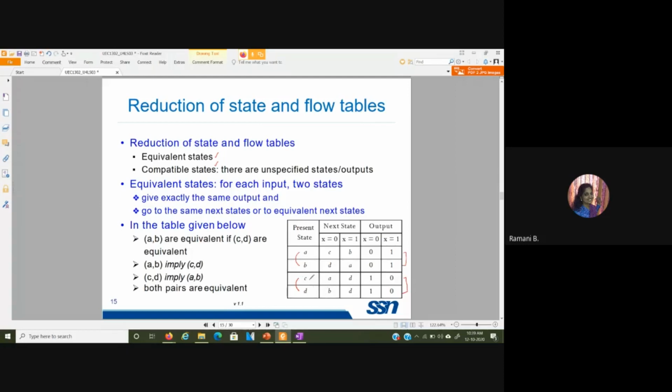So C and D can be equivalent if A and B are equivalent. In these two states also, this is A and B itself, so that is not a problem for us. However, here this gives C and D. That is what is called the implications, the implied states. You have the same output conditions; however, with respect to the state, it implies that if some other states are equivalent, then you can say this is equivalent. That is what is shown over here.